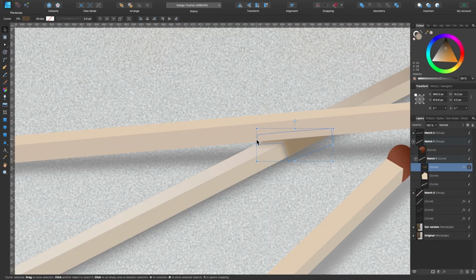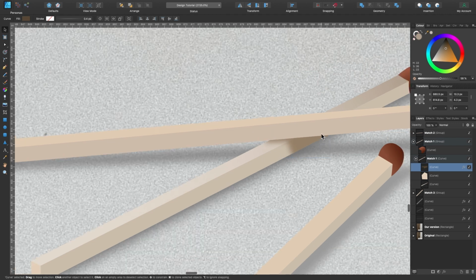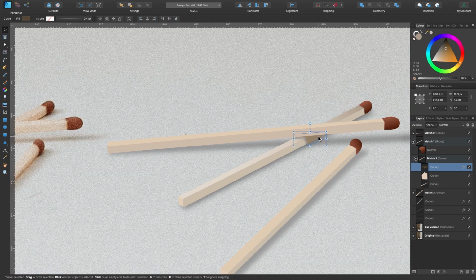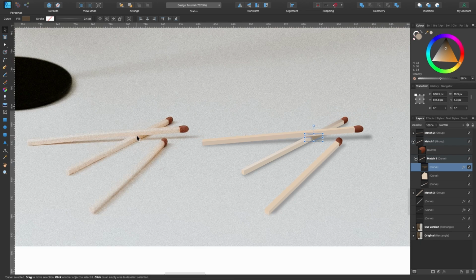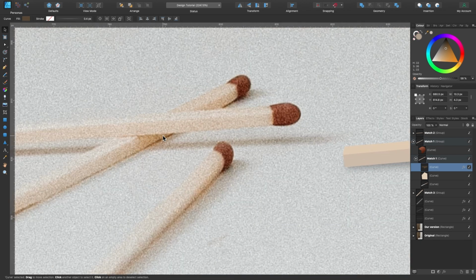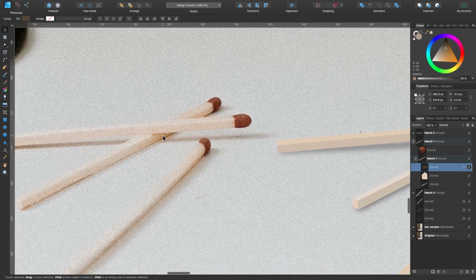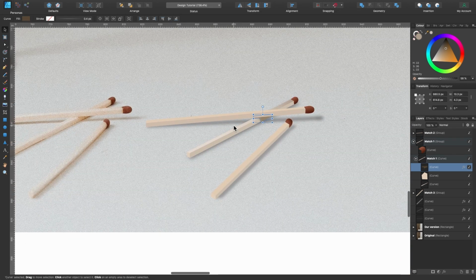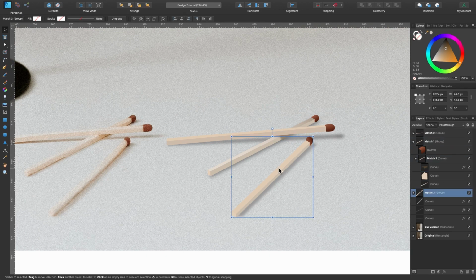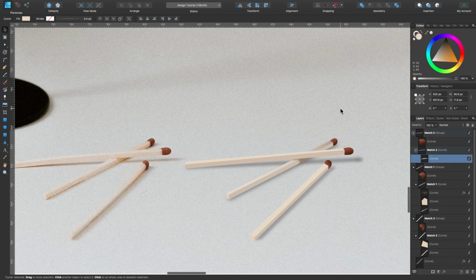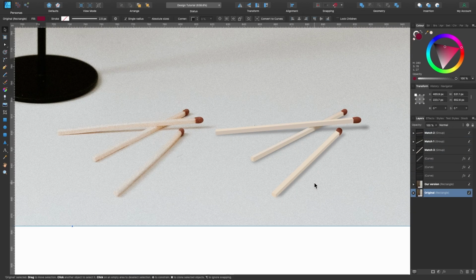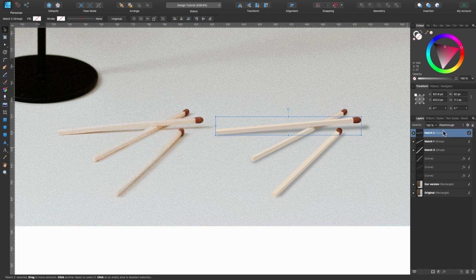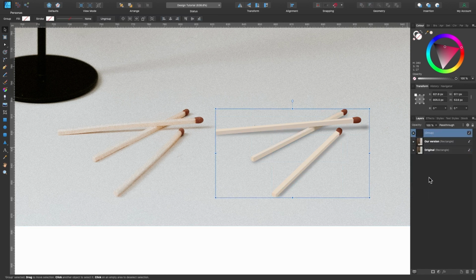So I've just clipped a shadow inside of this match here to show that another match is on top, just like it is there. It's not a proper black shadow, it's got some of the orangey yellow in there as they're reflecting the color. Okay, now I'll just play around with the colors to make sure everything is okay. Okay, the matches are complete. I will package them up again, Command G, and call them matches, and I will stick them on our table.